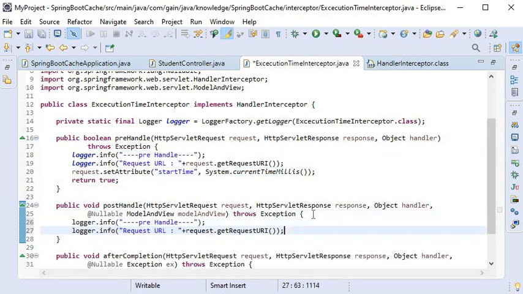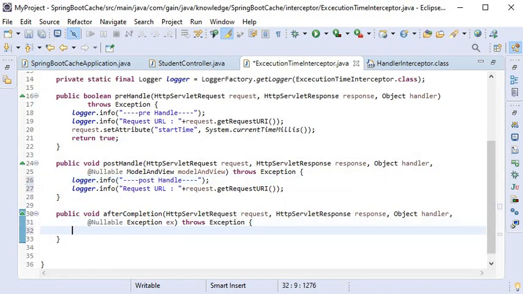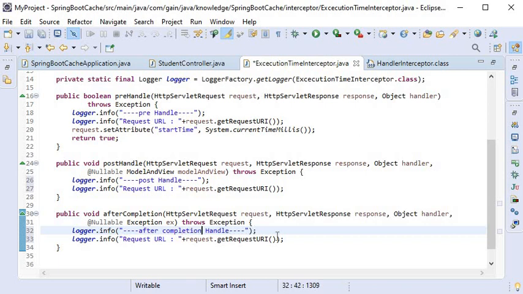be executed before sending the response to the client. So here I will just print the URL, and in the next function, that is afterCompletion, that will be executed when the request is complete, and here will be the URL print, and here I will count the time taken by our request,